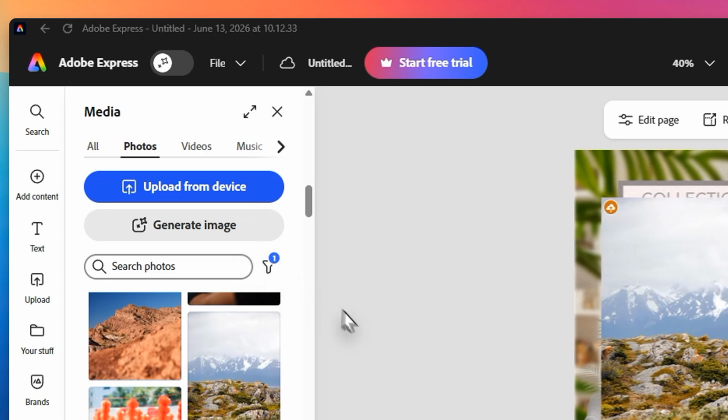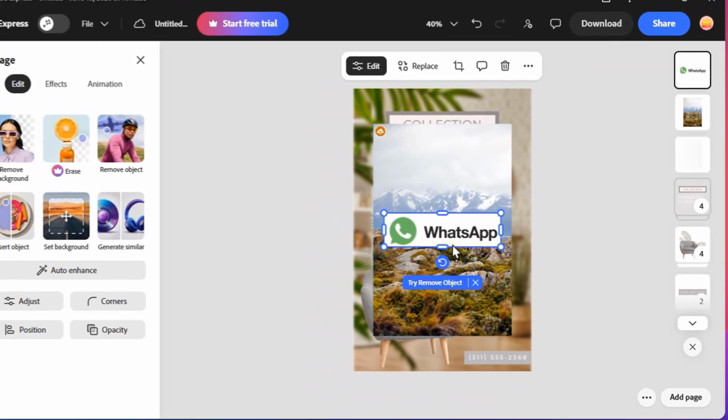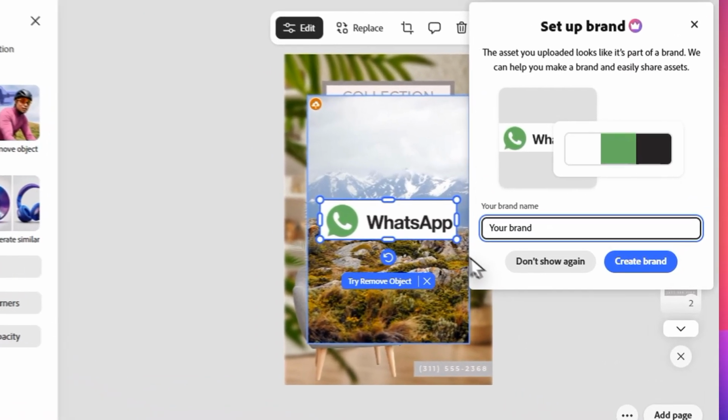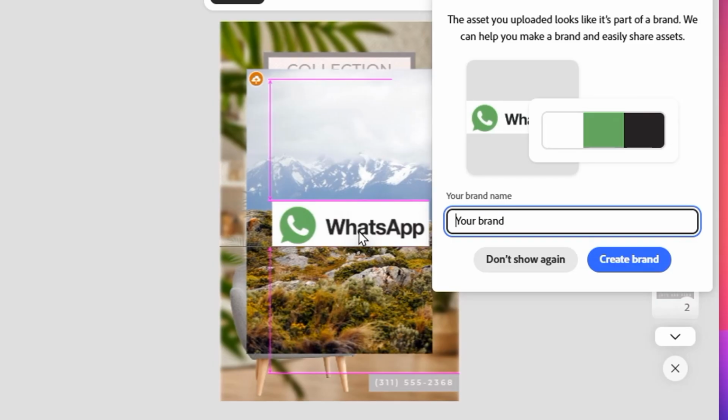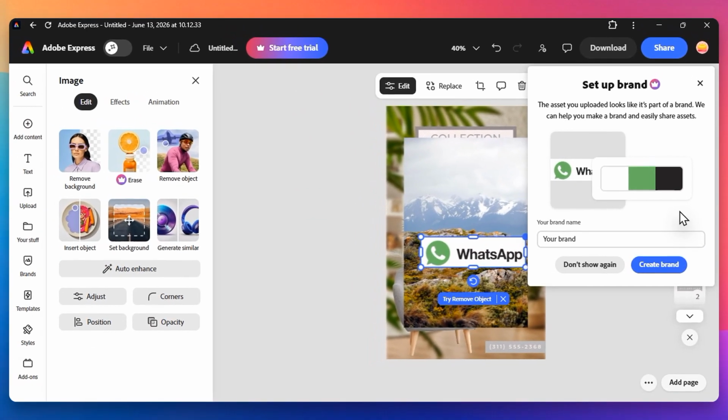On the other hand, if you want to use your own personal files, you should look for the large Upload from Device button, which is usually located at the very top of that same media panel. Clicking this will open your computer's File Explorer. Now you can navigate through your folders and select the specific image or even multiple images that